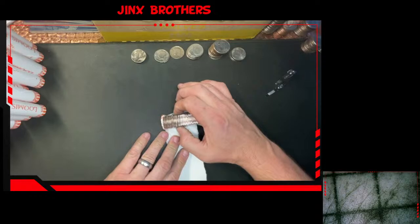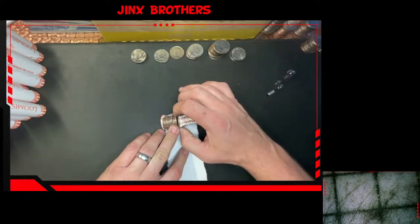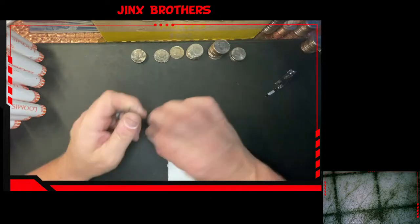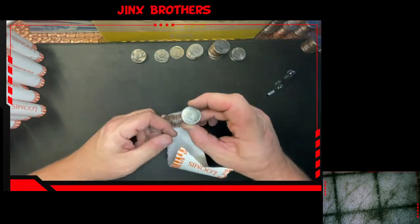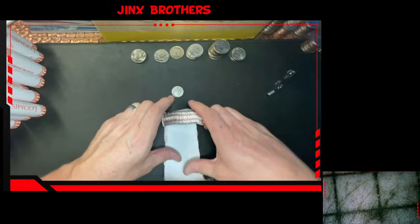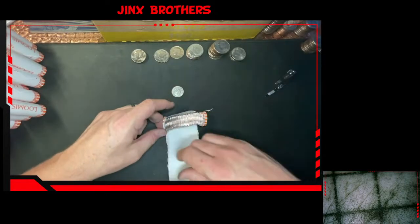is my guess, because it looks pretty worn. It's a state quarter. But it's the first one, 1999. But everybody else in here is going to be probably a Philly again. I don't see any...